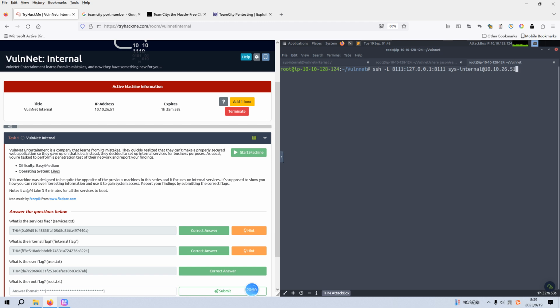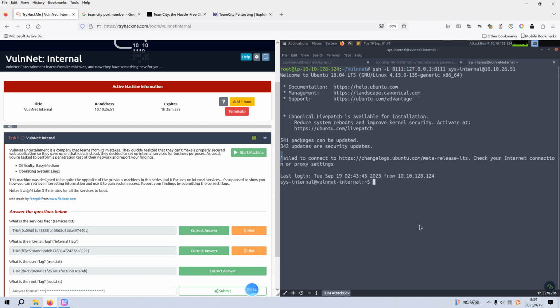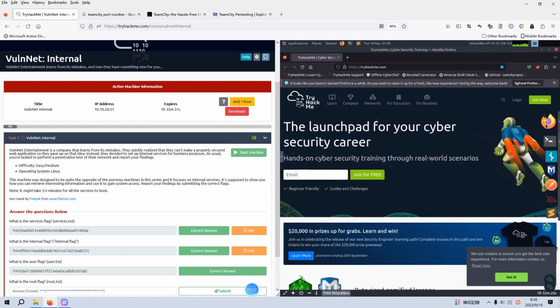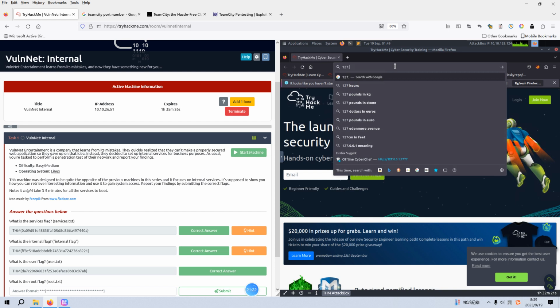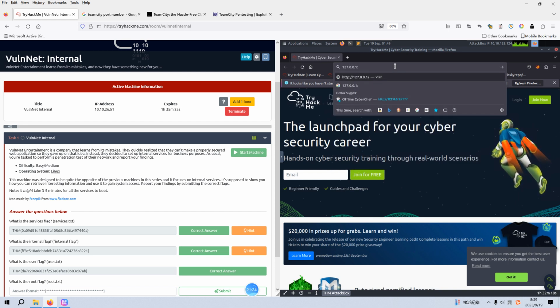So by running this command, our traffic going to the 8111 of the localhost will be tunneled to the target through SSH tunnel or SSH communication channel. We can hit enter. Now let's open up our browser, and we can access the TeamCity application,